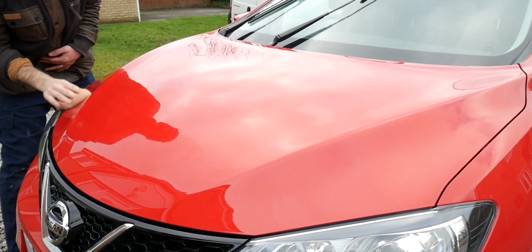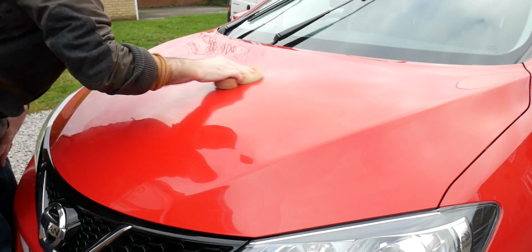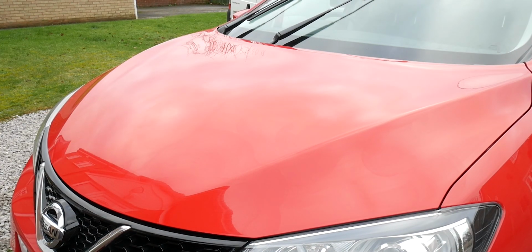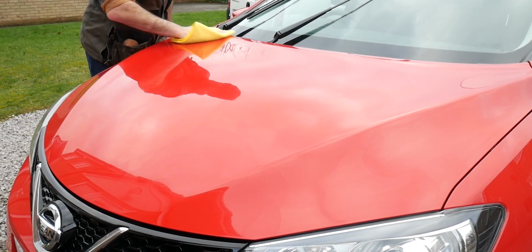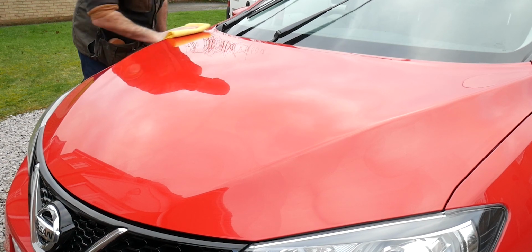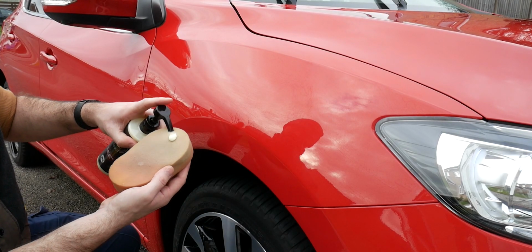Okay, so following that quick coffee break, then we're now onto the polishing stage. Usually I will do machine polishing, or at least apply this by a DA. I'm not a big fan of hand polishing, but I thought I'd review the product in that way. So here I've used about a 10p size amount of polish, and that did about a quarter, maybe half of